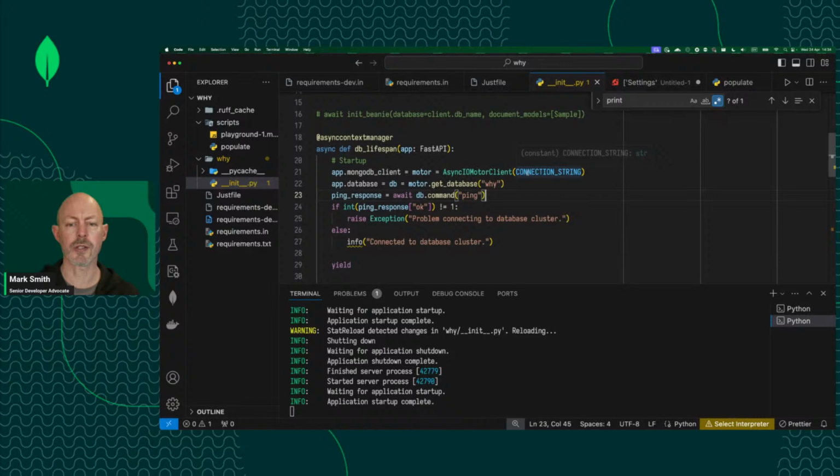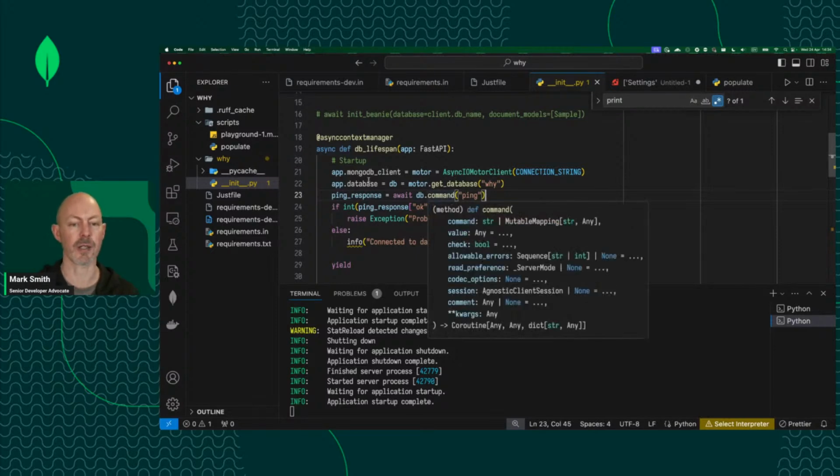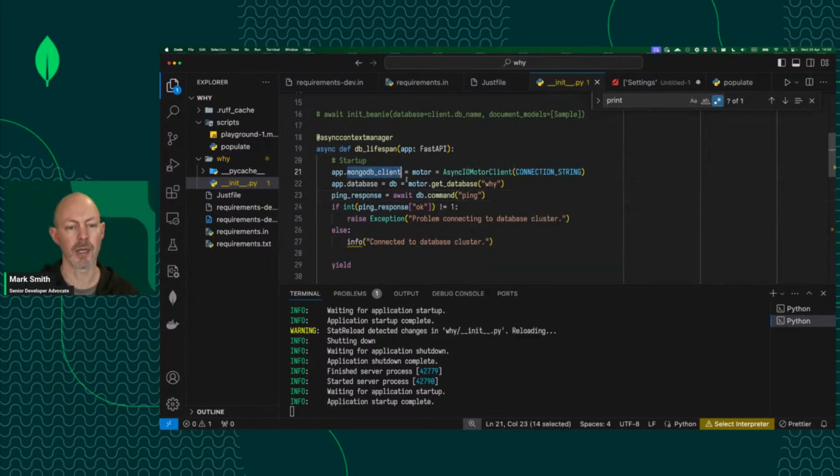So what I do is, because I don't want to start my application running for an hour and then somebody hits an endpoint that requests the database and then everything goes bad, I want my application to fail on startup if it can't connect to the database, because that indicates something's really bad. Hopefully then somebody's pager will go off and they can go and find out why the database connection isn't working. So what I do is, as soon as I've created my client, I send a ping command to the